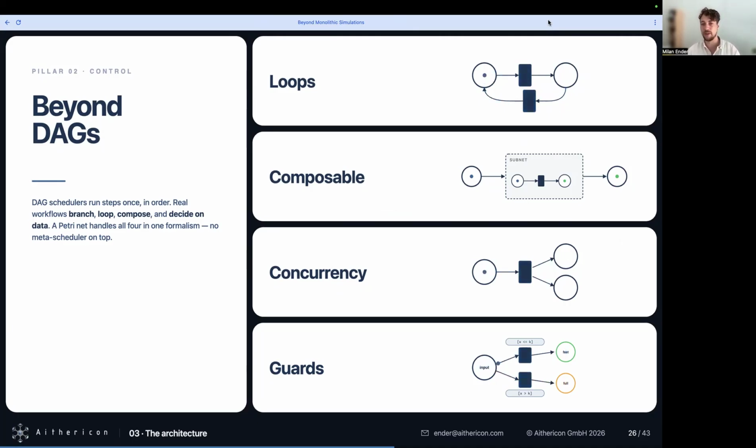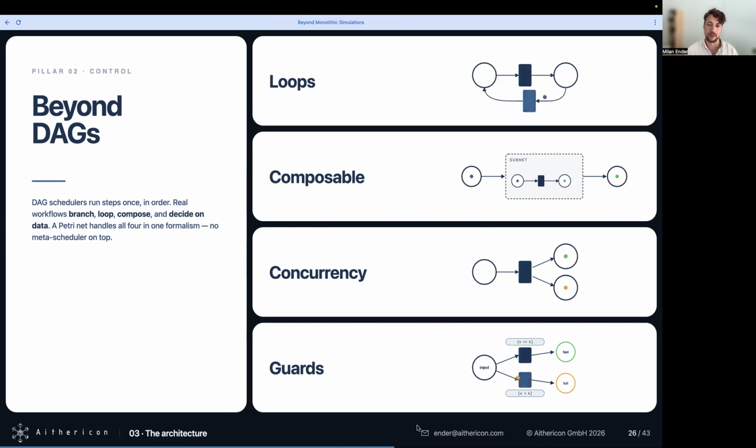And we can compose that, we can make concurrency in our system very visible by these fan-out transitions, for example, that just replicate tokens, and each token might represent a simulation. And then we can just look at our net, look at our game board, if you will, and see, we have 100 simulations currently running. A few have transitioned to the next state, and others are still stuck there. So we really have a nice way of observing the state of a highly parallelized and highly asynchronous system and process, which is really science in itself.